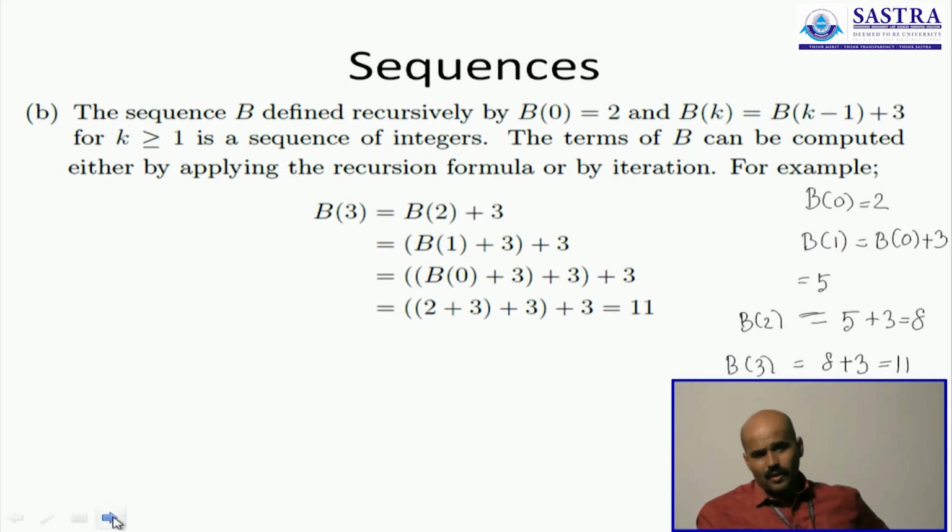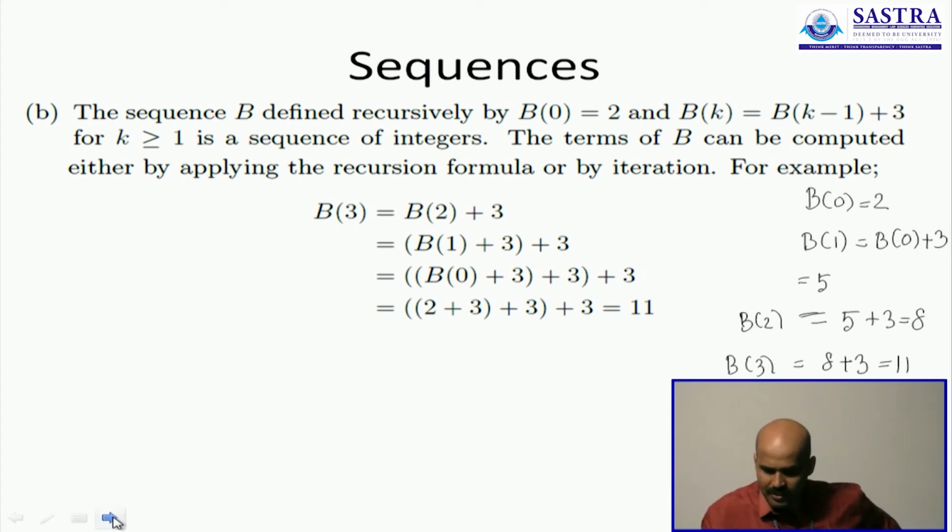The other way is to define a sequence using a recurrence relation. Now we'll go into the definition shortly, but this is the general idea behind a recurrence relation. S of k, the question says, is S of k minus 1 plus 3. So it just says that. That's enough for us to define the sequence.